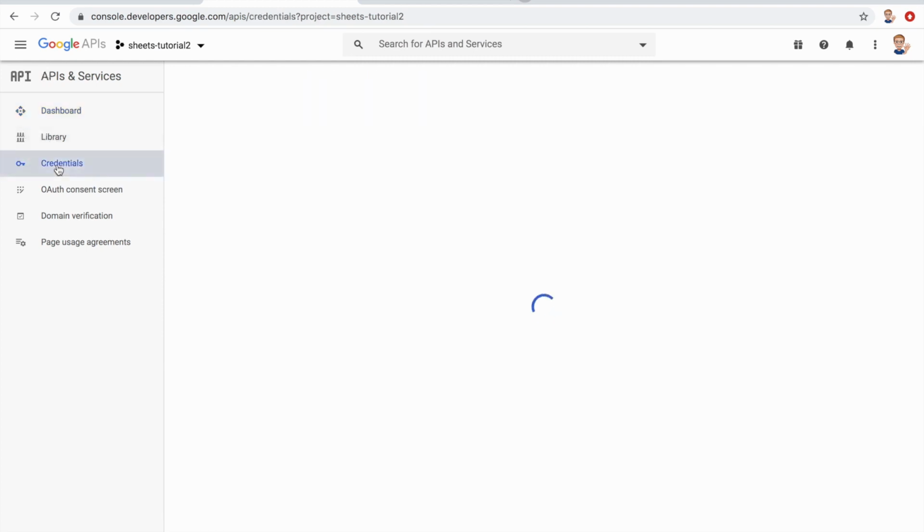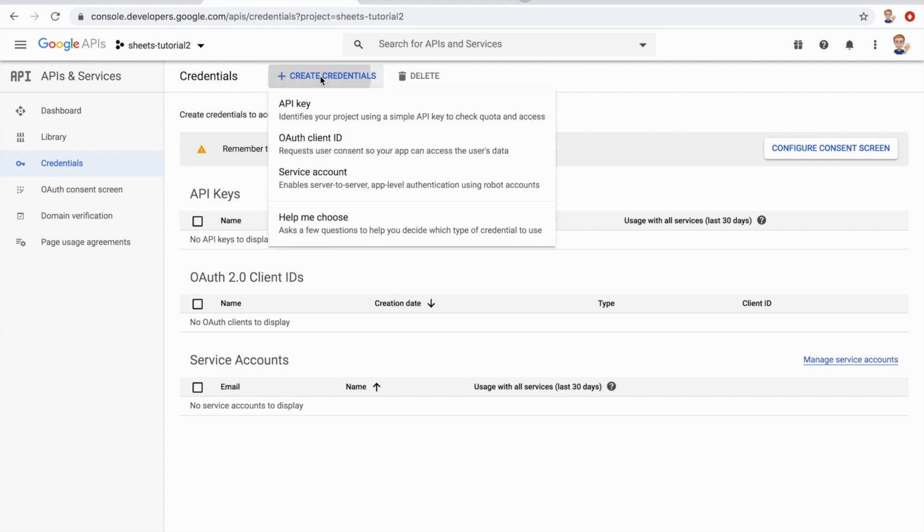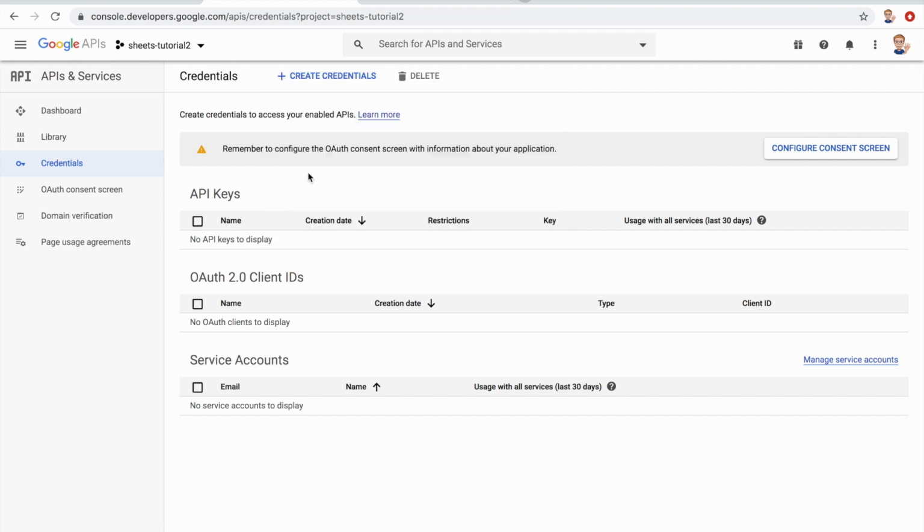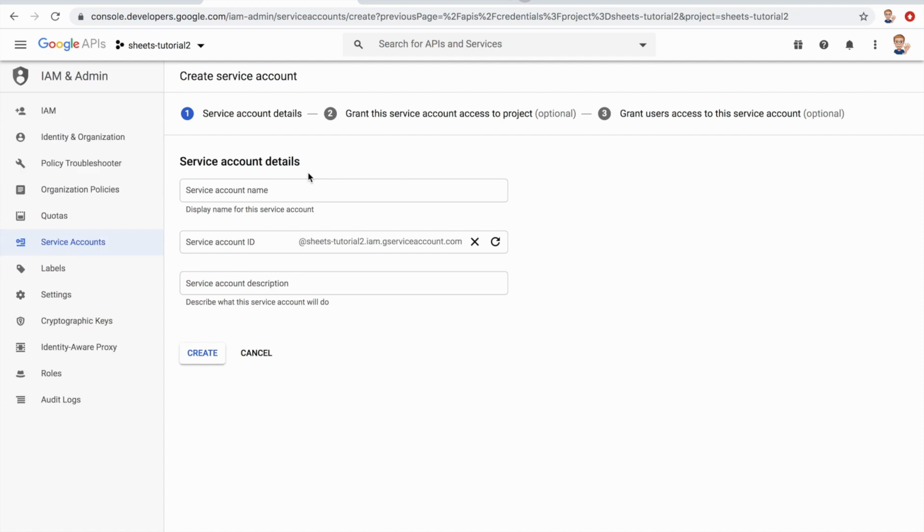And now we want to create credentials for our app. So we click on credentials and create credentials, and here we want to click on service account because this is the one we need when we run it from a script. Then let's give it a name, so I call this Python engineer. So this is also the name of the bot, and then here as a description, access sheets from Python,